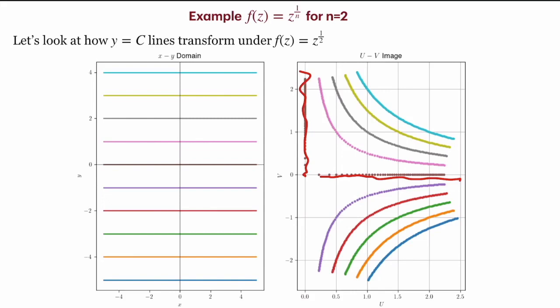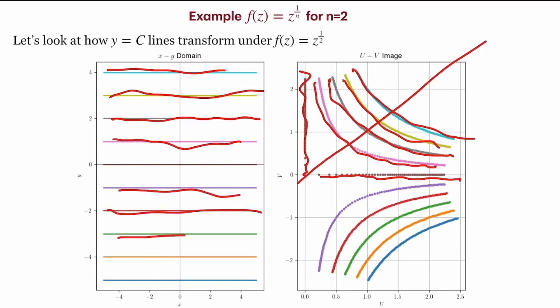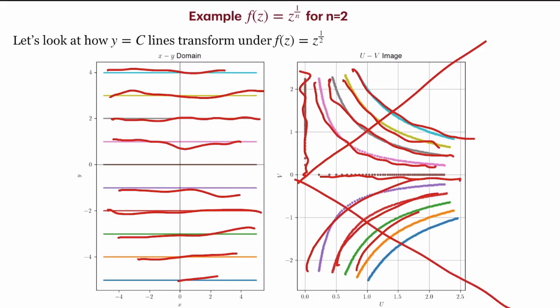It looks like the previous plot is rotated by 45 degrees, and we are getting this new set of curves. Y equal to positive lines, this set of all lines on the upper side of the x-axis, are all mapped into the positive quadrant of the UV plane as various parabolas around x equal to y. In the same way, negative y-axis lines are all plotted into parabolic curves around x equal to minus y.